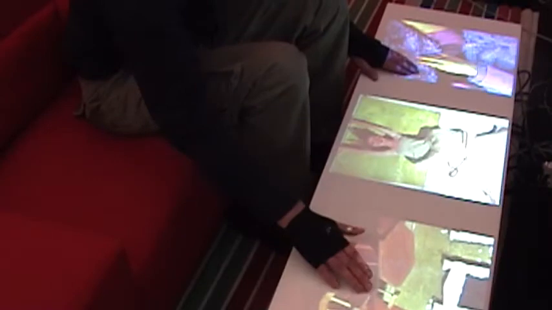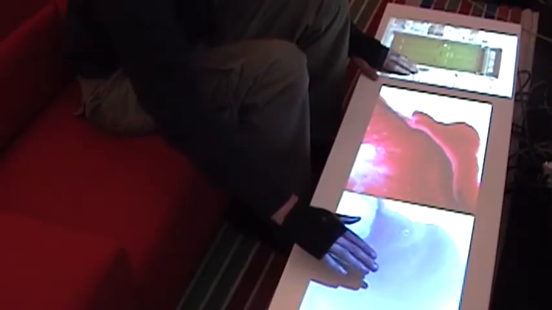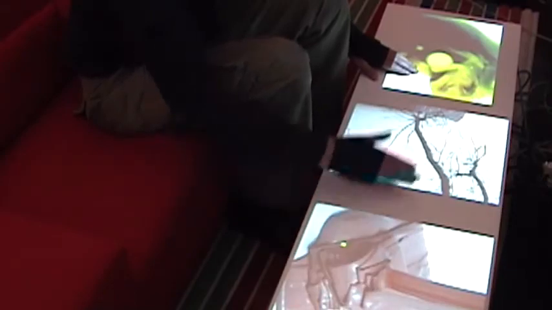We propose 2 ways to browse images: flipping and flicking. By mimicking a flipping page movement anywhere above or around the table with their dominant hand, users can browse to the next or previous 3 images, depending on the direction of the movement. As an alternative, designers can browse by doing a flicking movement on the table. The speed of the movement determines the speed of browsing. Users can stop at a given image by tapping on the table.